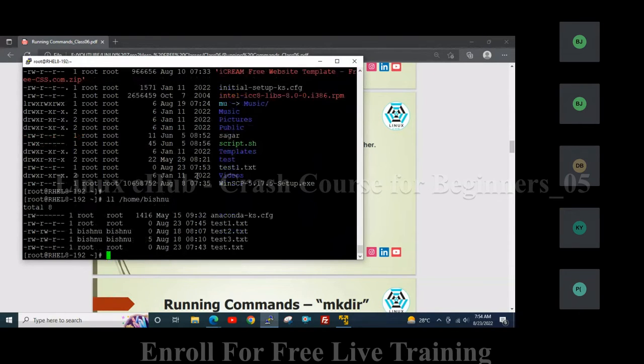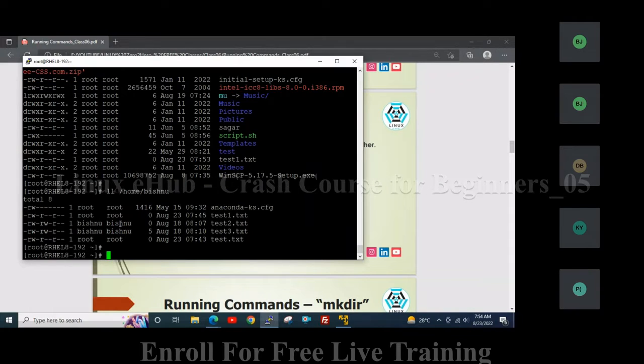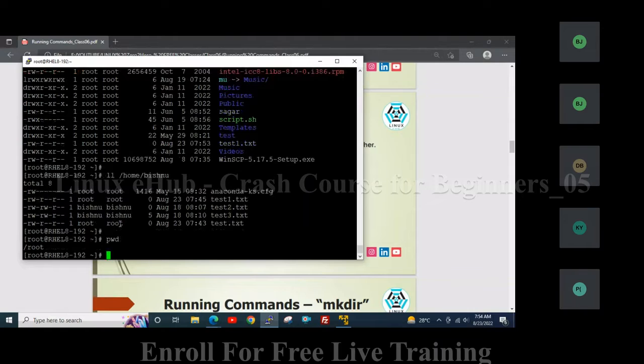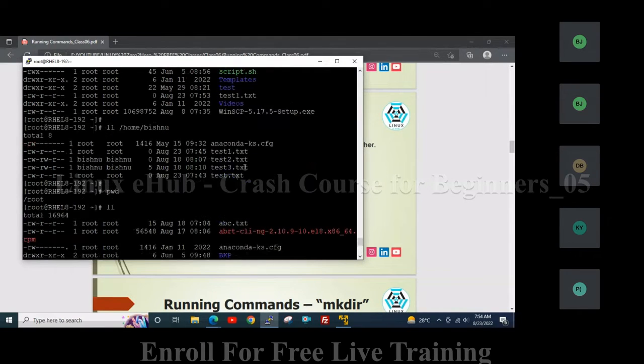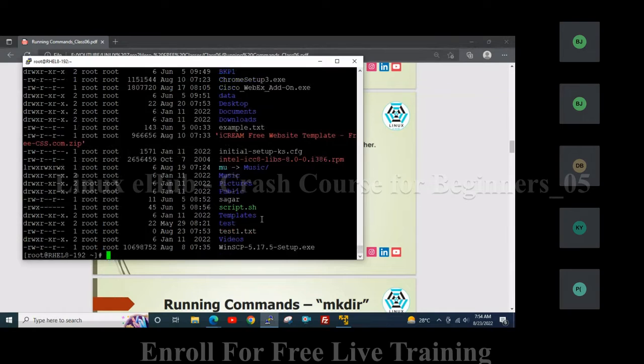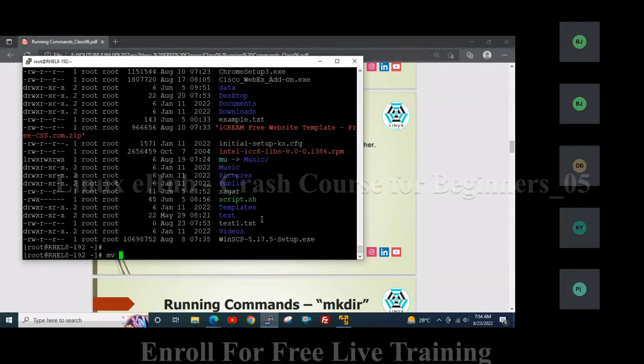You can see in home the Vishnu text file is already present. Now we are in the /root directory. So ll. text1 is also present in /root and text1 is also present in /home/Vishnu. Now try to move, mv text1 -n